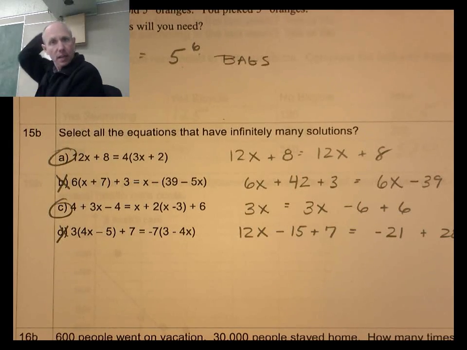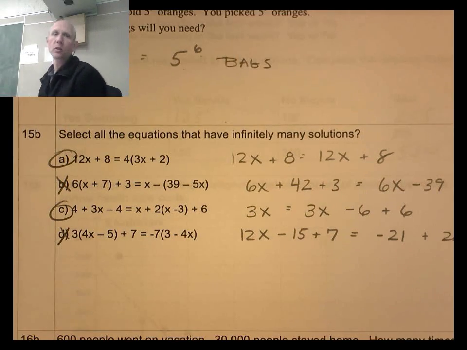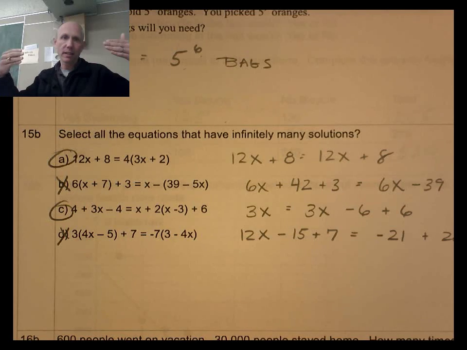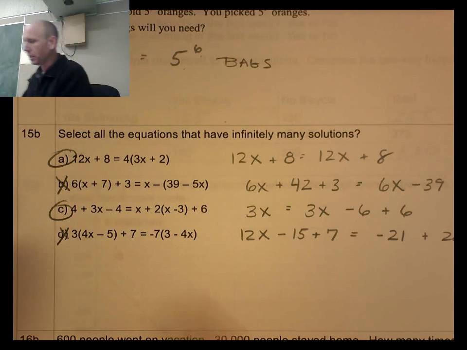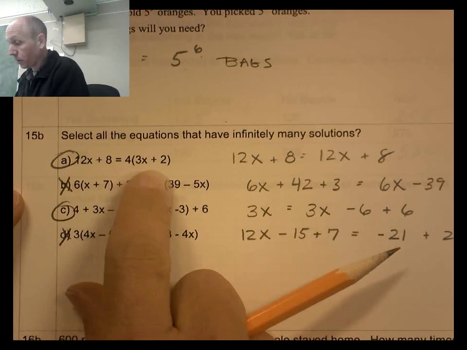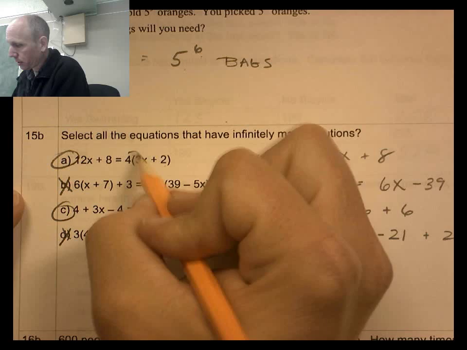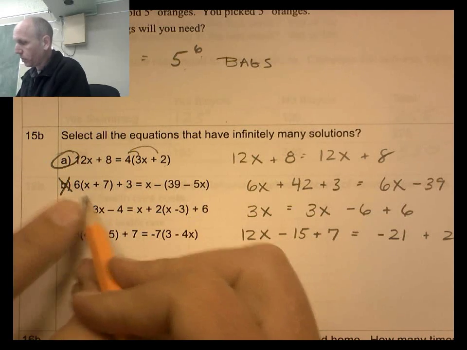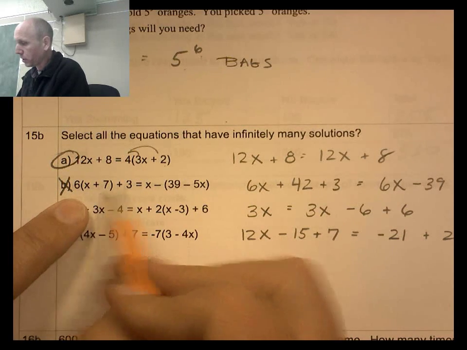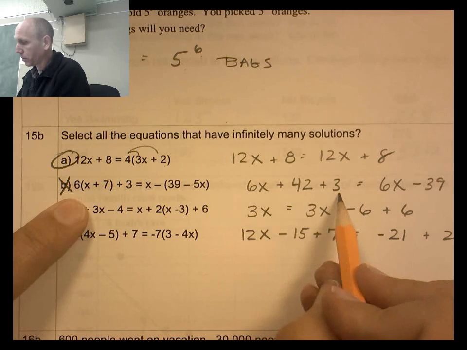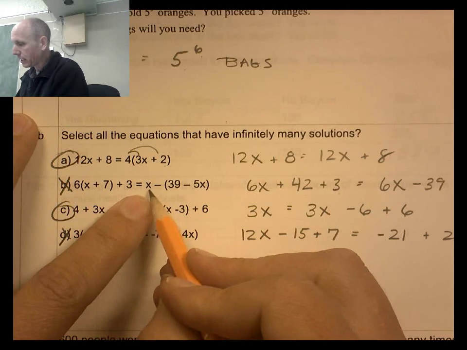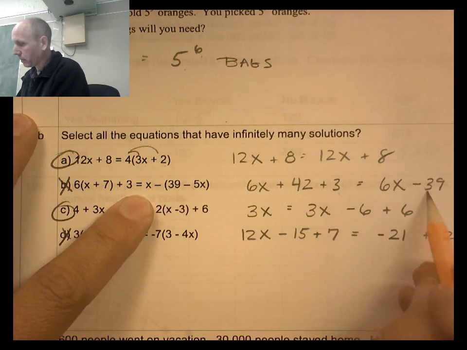Select all the equations that have infinitely many solutions. Infinite solutions mean that it's going to be the same on both sides, like 0 equals 0 or 2x equals 2x. So 12x plus 8 equals 12x plus 8 after I distribute it. See that distribution that I do right there? Let's distribute, so 6x plus 42 plus 3,